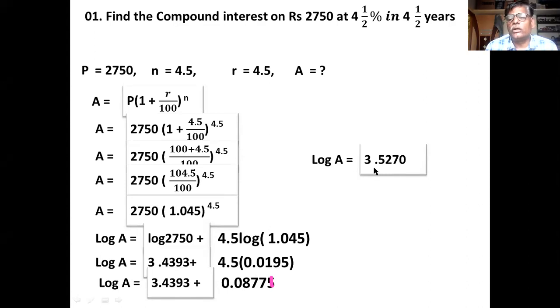Then you have to see this in the anti-logarithm table. How to see this in the anti-logarithm table? The 4 numbers you have to see in the anti-logarithm table. First 2 points, 0.52 natural number. Then the third number, 7, you see in the Mantissa, and 0 in the mean difference. In this way you have to see. If you go through the anti-logarithm table,